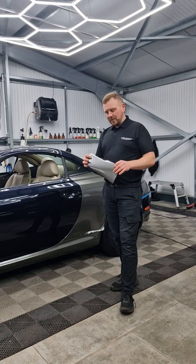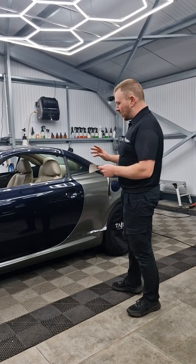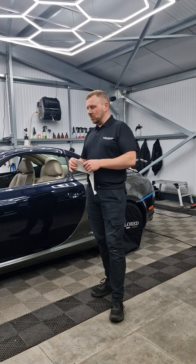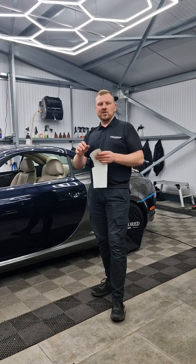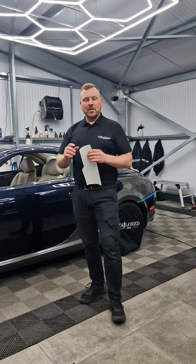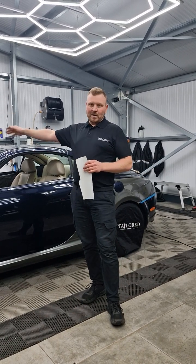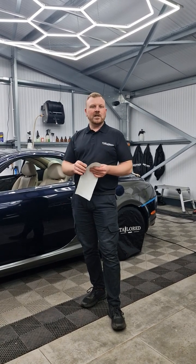When it comes to the properties of this film, it's a very elastic, very flexible film, so it's easy to pull the shapes into. Like I say, I'm not going to get into the install, but the air channels are very small air channels. This is obviously to aid in doing it dry, but if you're trying to do large panels, doing it dry is going to be difficult, and the air channels start to close down and they trap